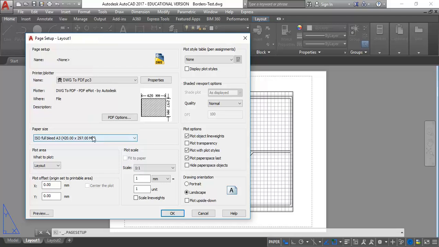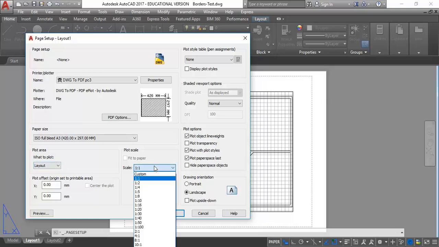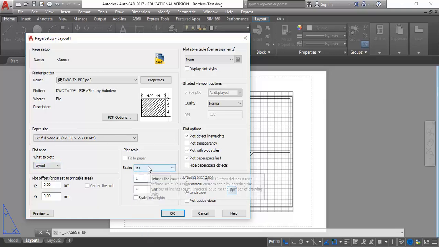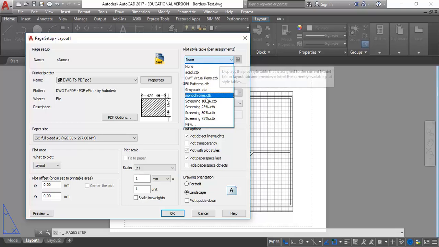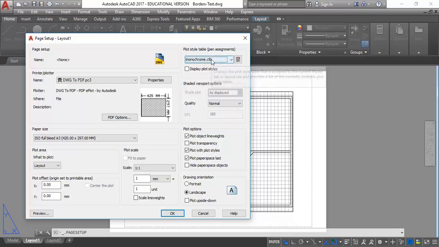Okay, so then some other important settings. You need to have what to plot set to layout. The scale should be on 1:1. And then the other important one is the plot style table up in the top right, and that should be on monochrome. That simply means make all the lines black. So I'm going to click OK,